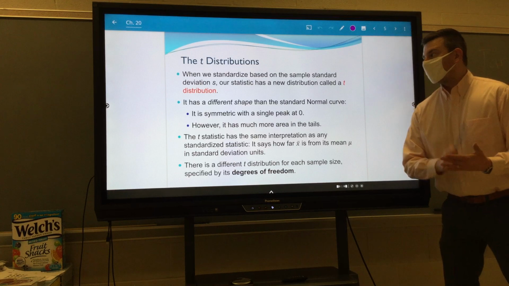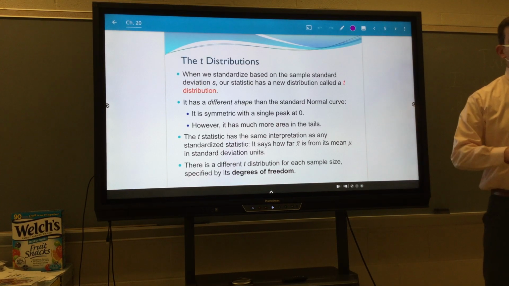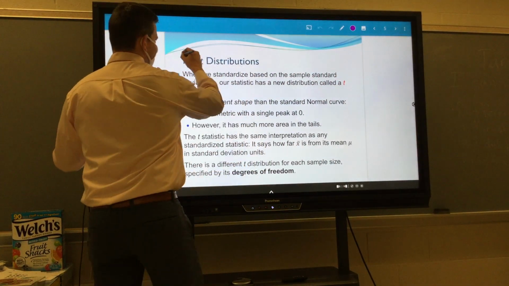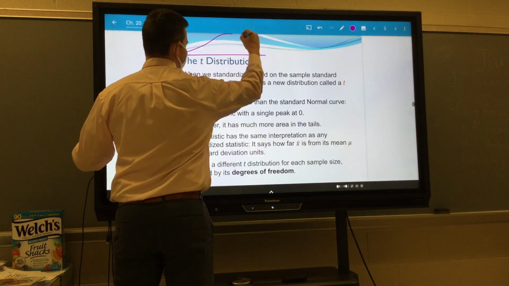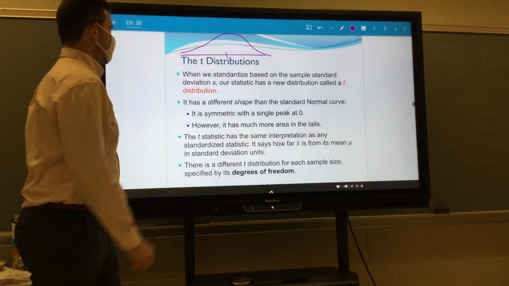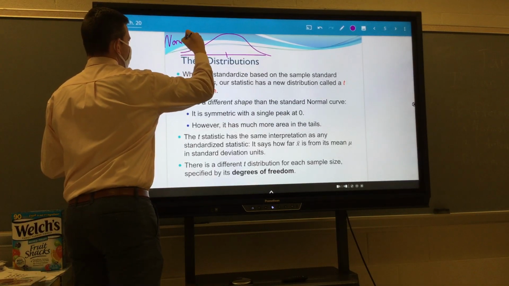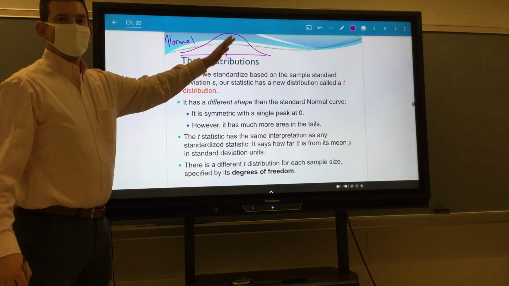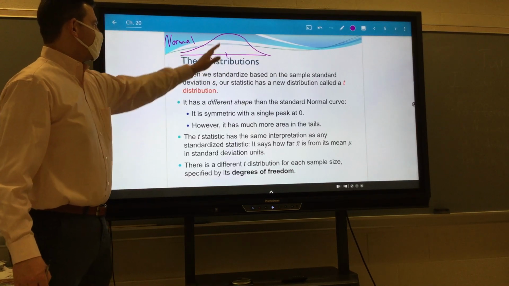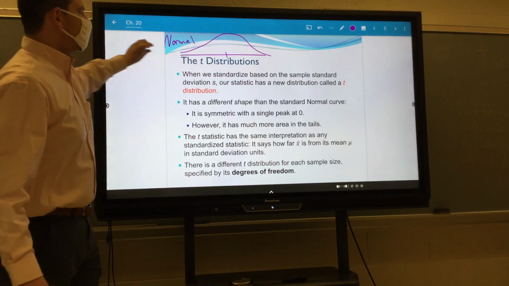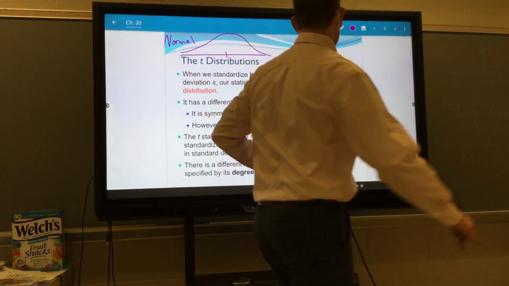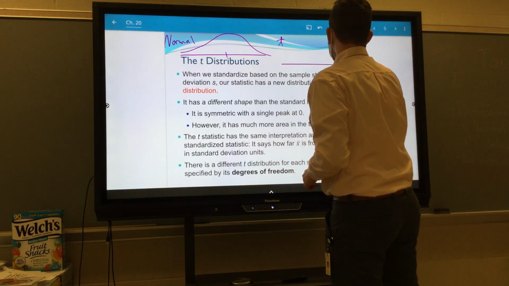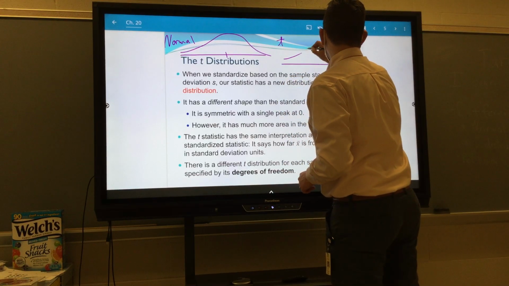Now, there are a lot of similarities between the z distribution, or the normal curve, and the t distribution. Let me just sketch it out. We have said that the normal distribution is essentially like this. It's symmetric. We have our mean right there at the center. Same thing, very few values on both tails. Now, the t distribution, essentially the same thing,